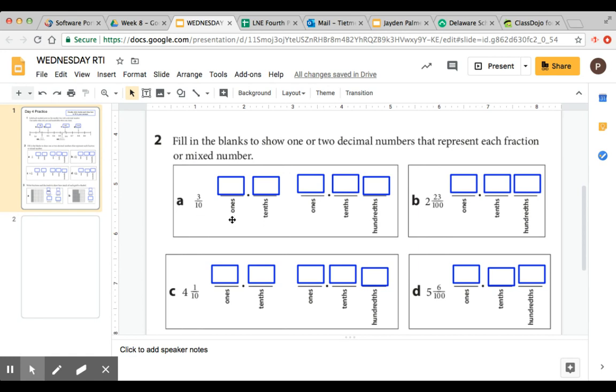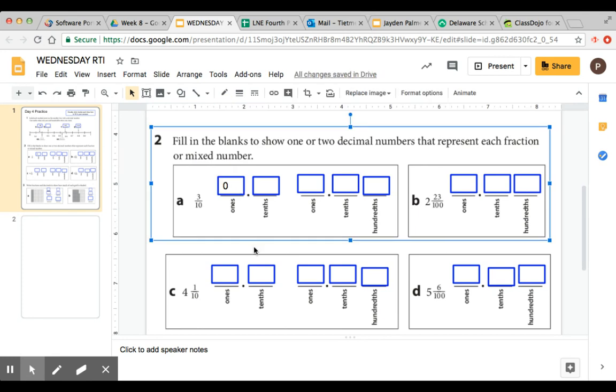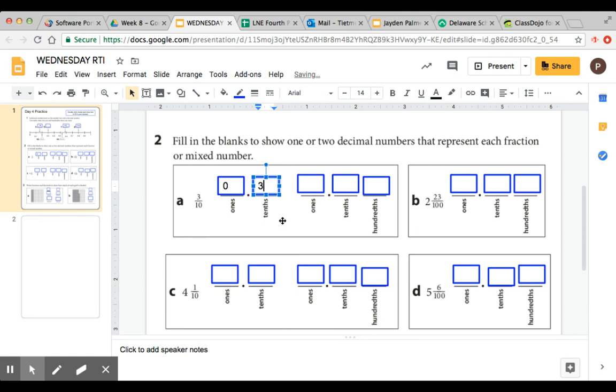So think about your decimal as if it were money. We don't have any dollars or any ones here because there's no whole number here. There's no big number in front of our fraction. So where it says 1, we're going to put a 0. We don't have any whole numbers there. Your next line, they give you a hint and it says tenths. Well, our fraction here, if we read it out loud, says 3/10. So how many tenths do we have? I'm looking at my numerator. Our top number, we have 3 of them. So my decimal would be